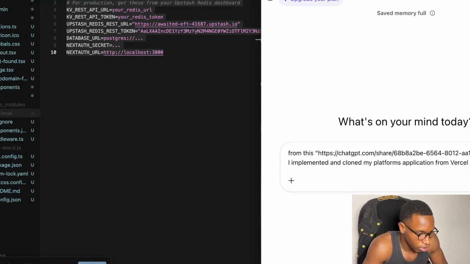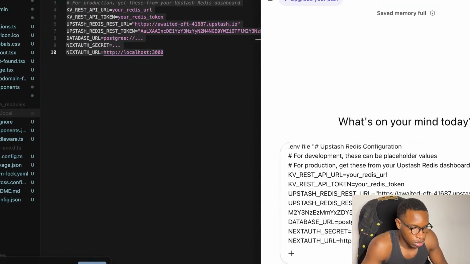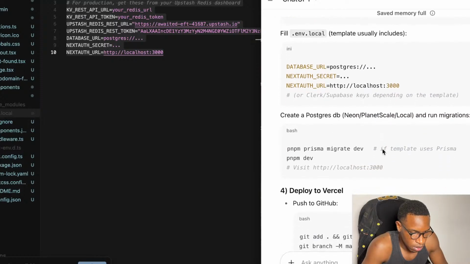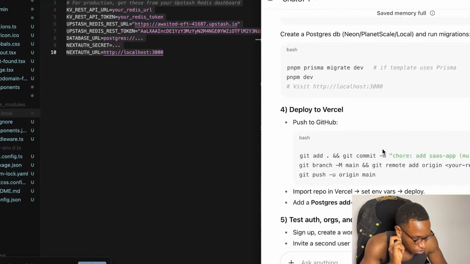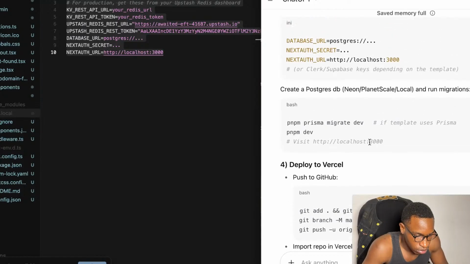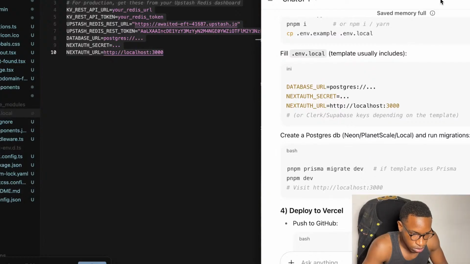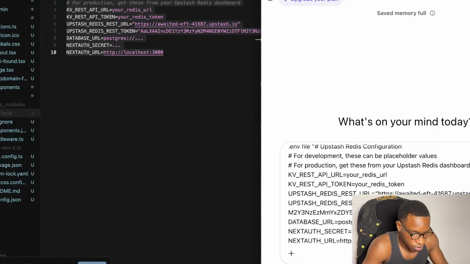This is my current .env file. I have created a Postgres database on